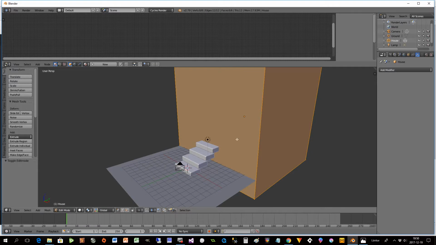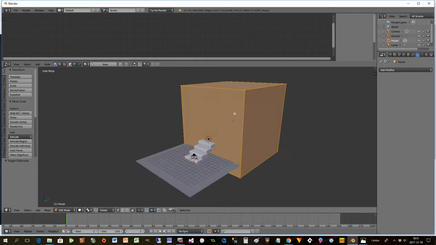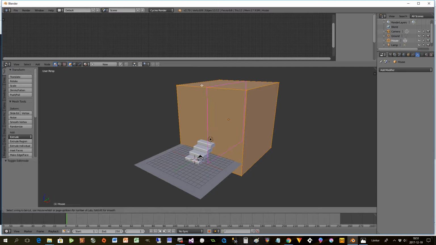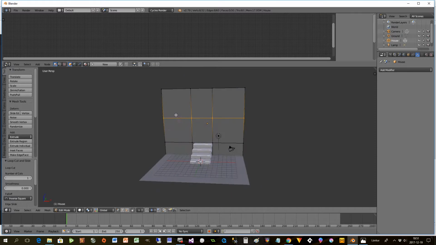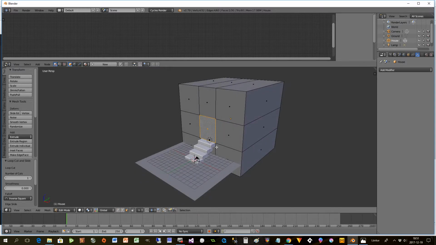Select house, press tab, and loop cut and slide a few times, one for this area here, and one for this area here, and one for the height. So it starts about here and have, I don't know, something like that. Select faces and this face, press X or delete,